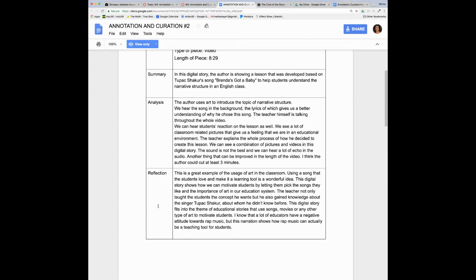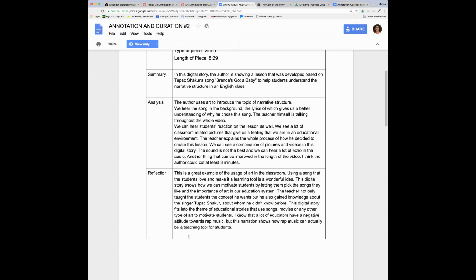So finally, he talks about the reflection. It's a great use of art in the classroom. The students will love it. It will be a good learning tool, and so then he goes on to describe how it can be used